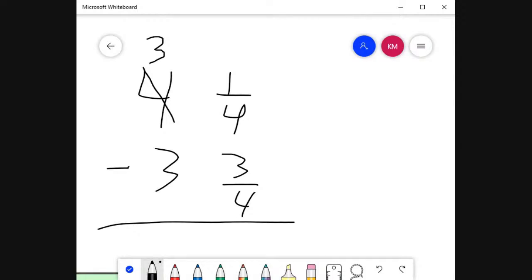And I'm going to add a whole, which is 4/4, because remember, 1 whole in fraction form is the same number on top as well as the same number on the bottom, because 4/4, 3/3, 2/2, all of those numbers equal 1 whole. So I'm going to add the whole to the 4th, and now my 4th becomes